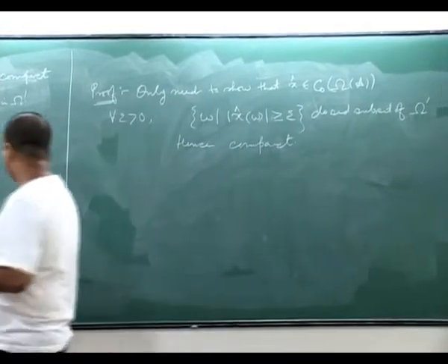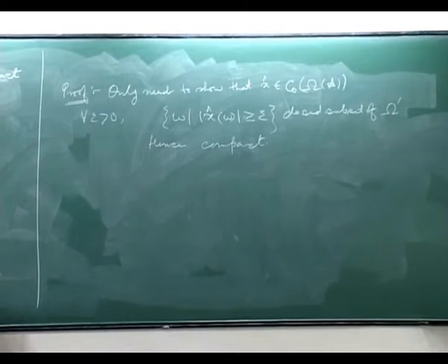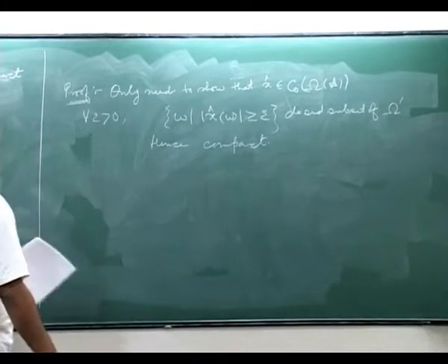So this is a closed subset of a compact set. So, therefore, this is compact, and this proves that, and